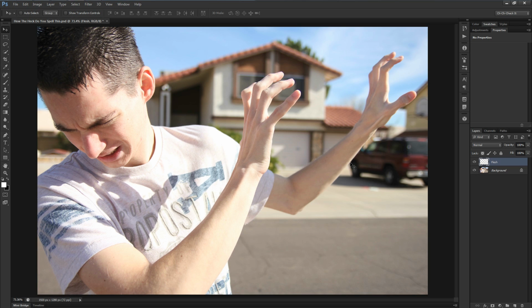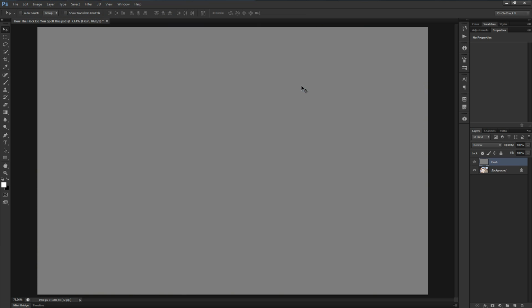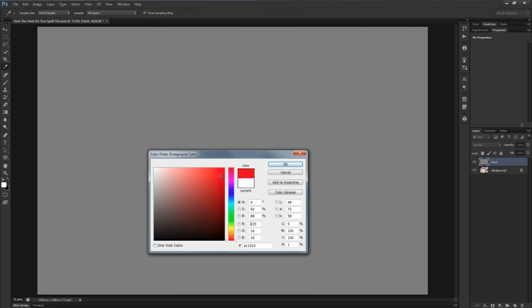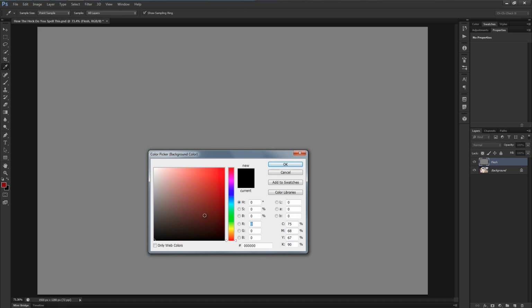But in the meantime, let's just go ahead and fill this in by hitting Shift Backspace. And it doesn't matter what color you use because we're going to be using a filter soon anyway, so 50% gray will do for the time being. And so now let's change our foreground color to a dark red color, somewhere over there, and we'll hit OK. And then let's change our background color to a slight pinkish color, something around there,